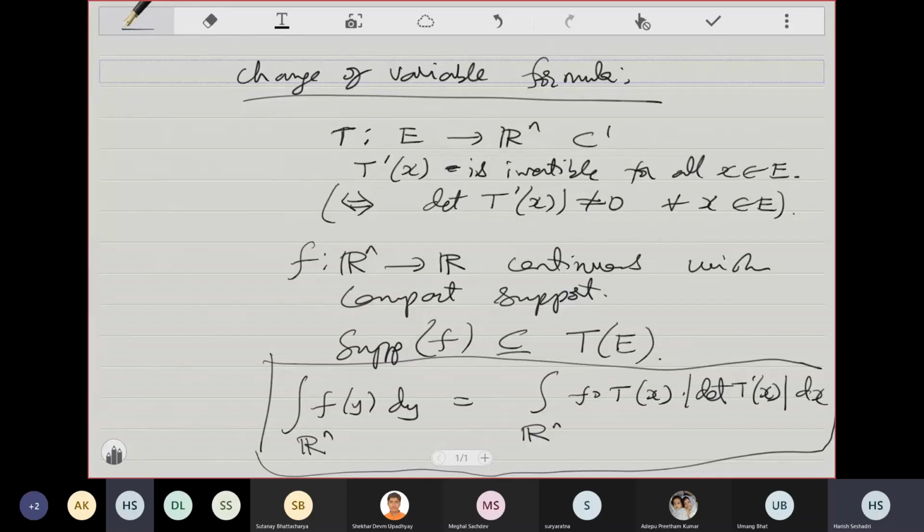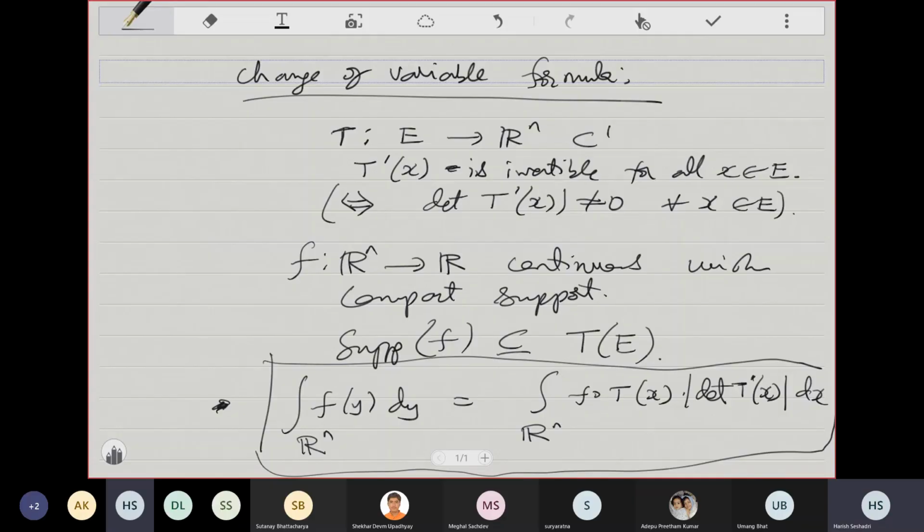But the point is, the proof proceeds like this. You prove this formula if T is of a certain kind, if T is a rather simple function, depends on what you mean by simple, but you'll soon see what exactly we mean by that. Then this formula is valid. Then you try to prove it for every T which has this property, T prime x is